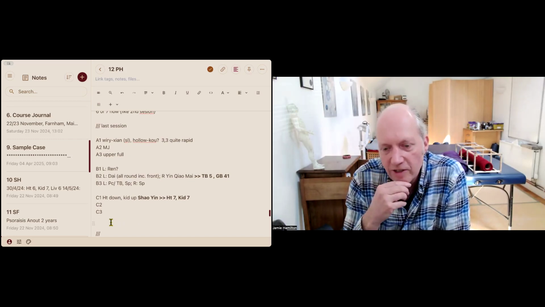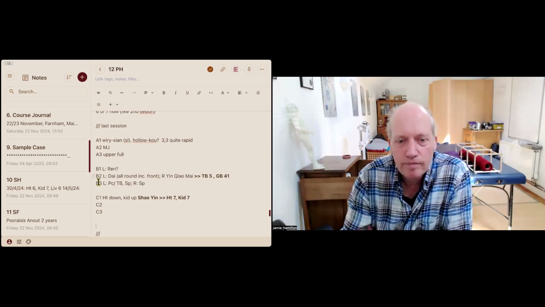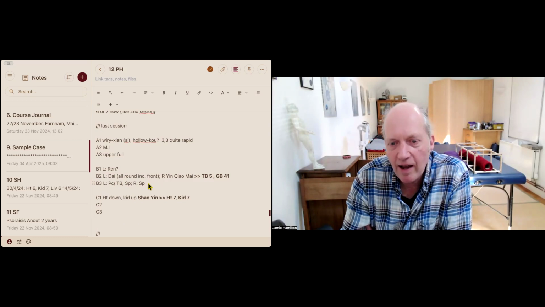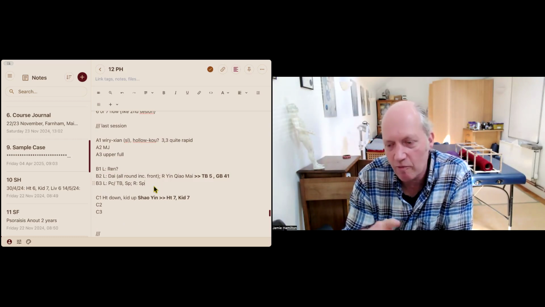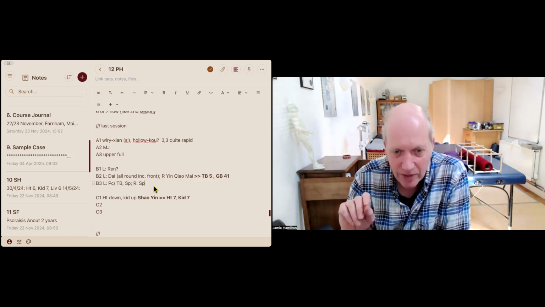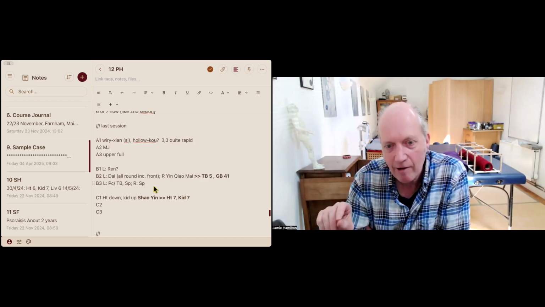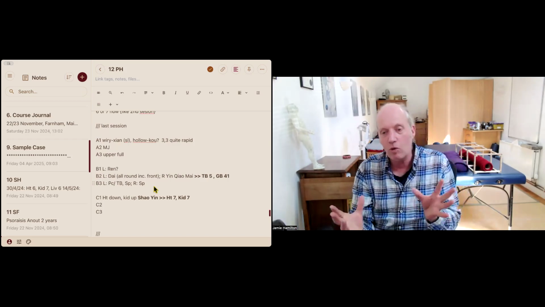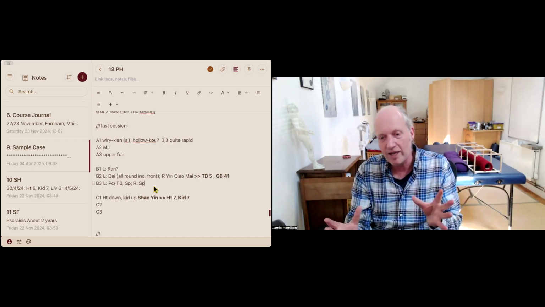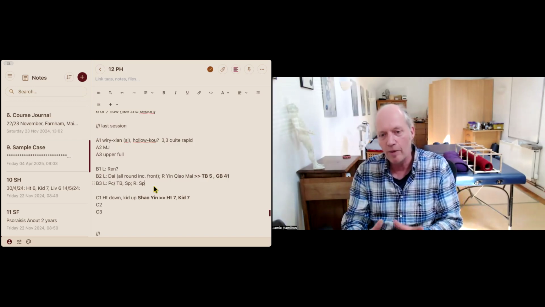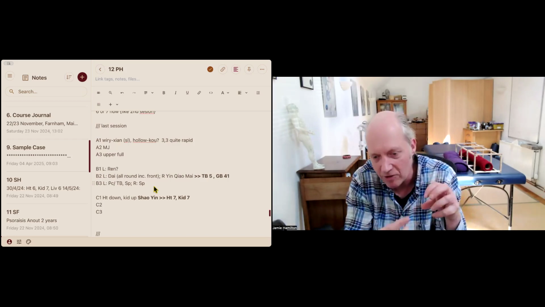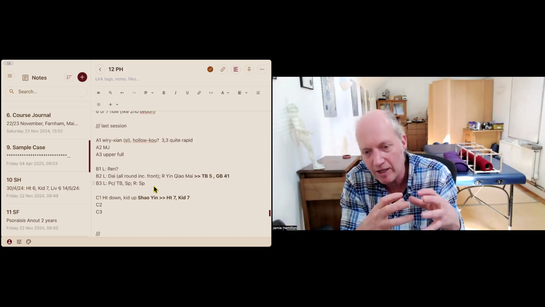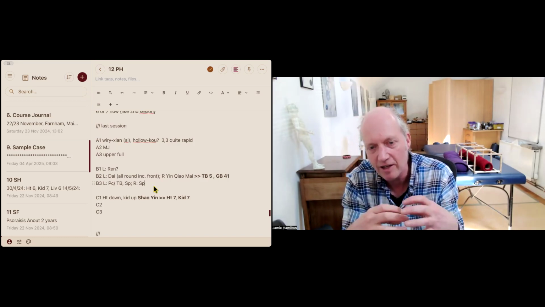So Ruth, your question. I'm just looking at B2 and B3 there. So the Dai is full on both sides, on top of it, exactly as you're saying. That's what I remembered about this case when we were talking about it a minute ago. Sometimes the Dai is all the way around, but it's actually like a belt. It's actually what the Mai is like when it goes all the way around the body. It's like going all the way around the pulse, and it's almost affecting the channels that are inside it.